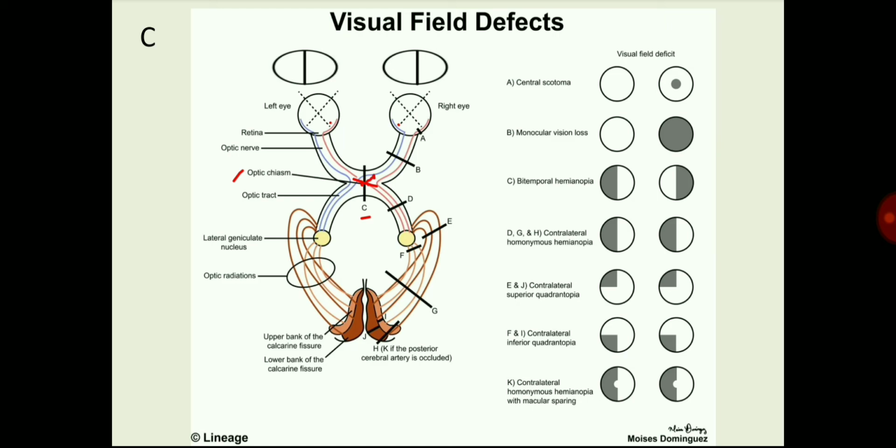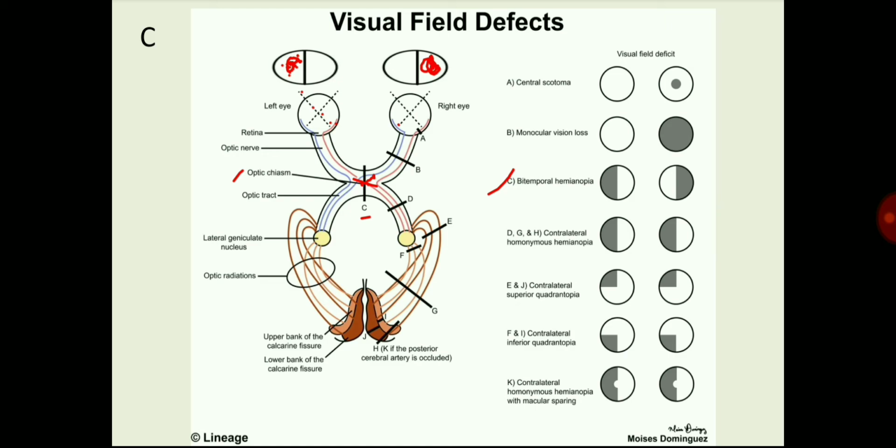So what will be the result? The result will be the loss of vision of both temporal fields, as these nasal fibers are damaged. So this opposite field, that is the temporal field of both eyes, will be affected. This condition is known as bitemporal hemianopia,